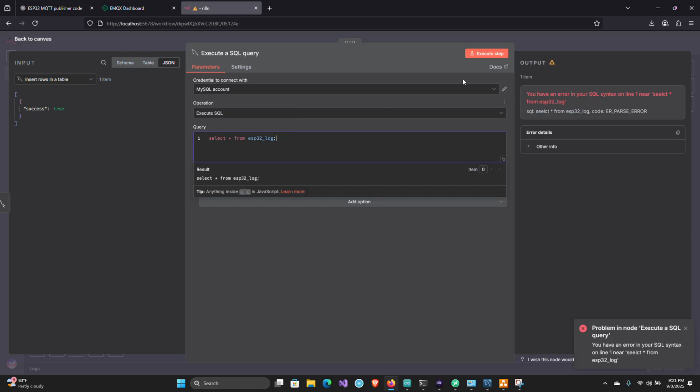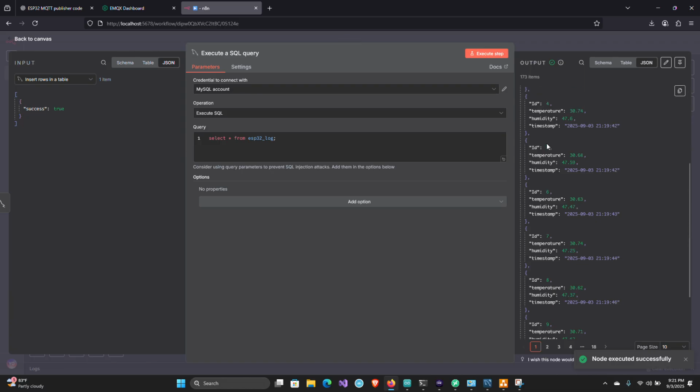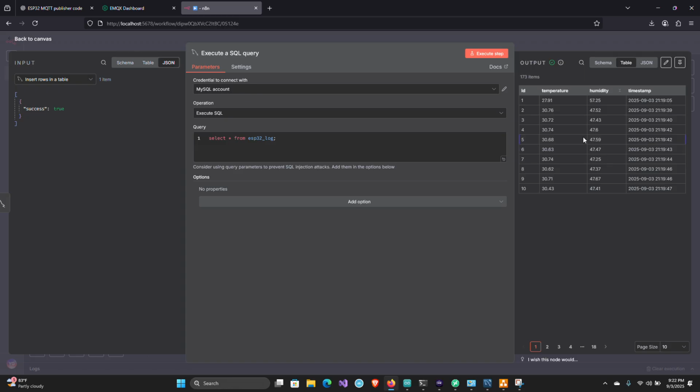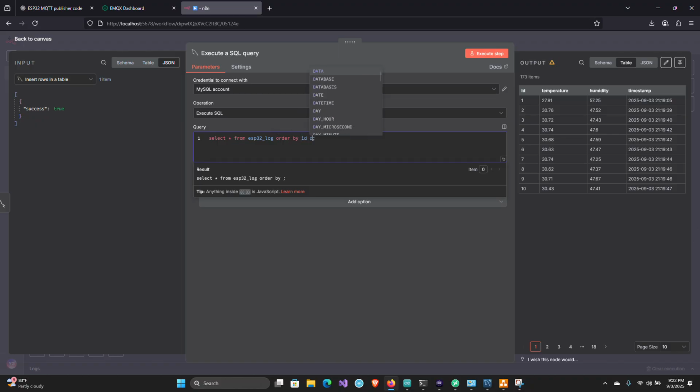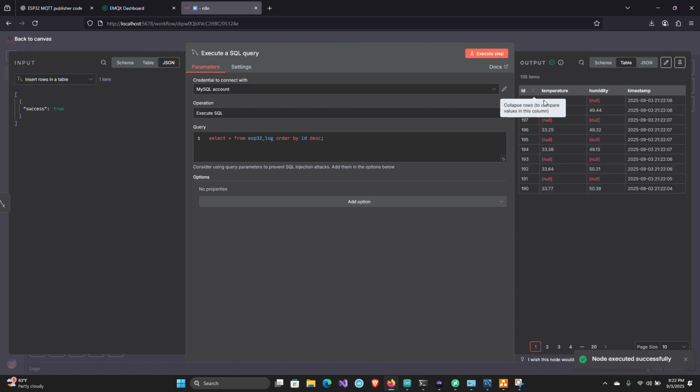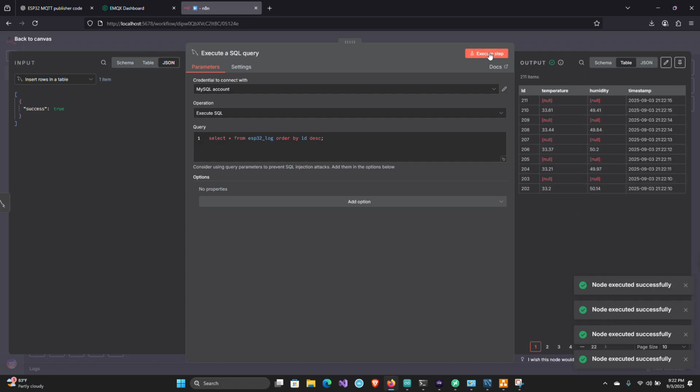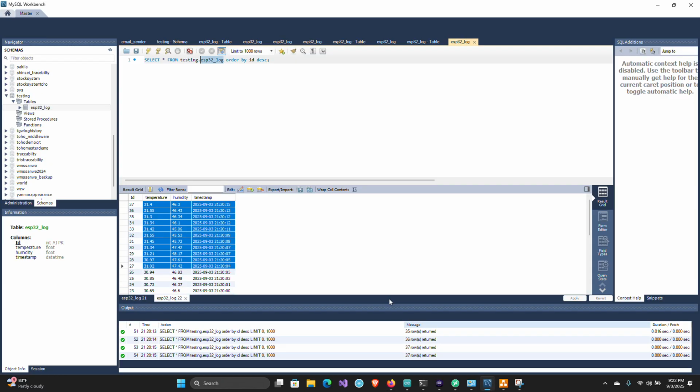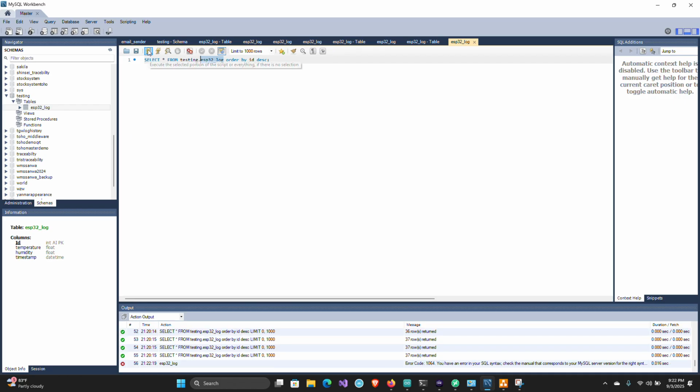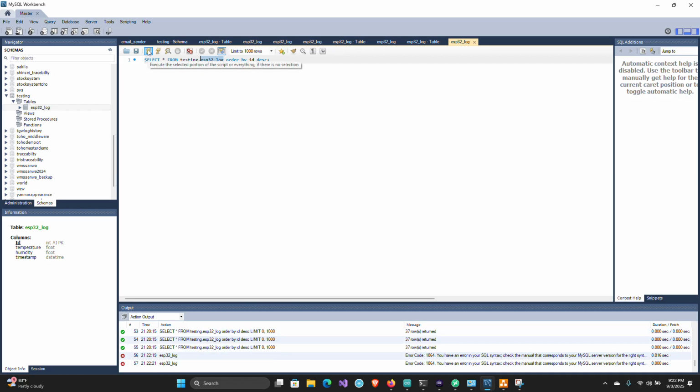Okay, like this. You can see the data here and just add the order by ID, descending. Okay, something like this. It's very easy and simple to create a system like this.